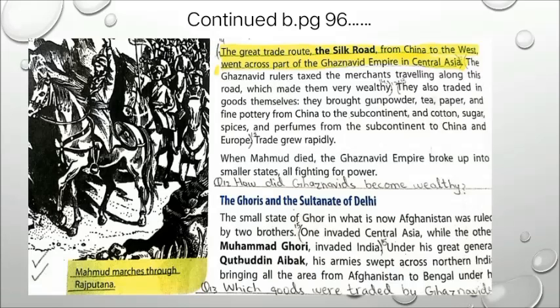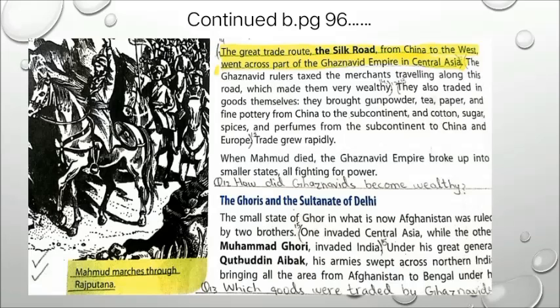The great trade route, the Silk Road, from China to the west went across part of the Ghaznavid Empire in Central Asia. China is the country from where the Silk Road starts, and from there it connects to all of the world. So at that time, the part of the Silk Road that was within Central Asia, or you can say that part of the Silk Road that was coming under the empire of the Ghaznavids, in that region, what the Ghaznavid rulers